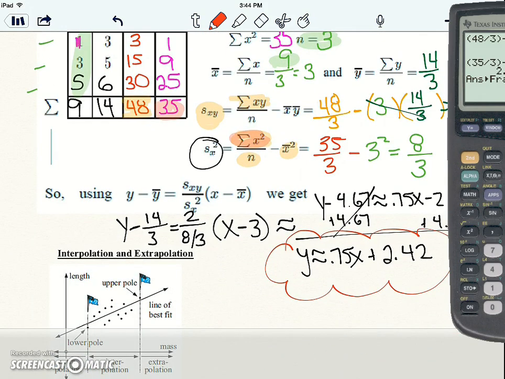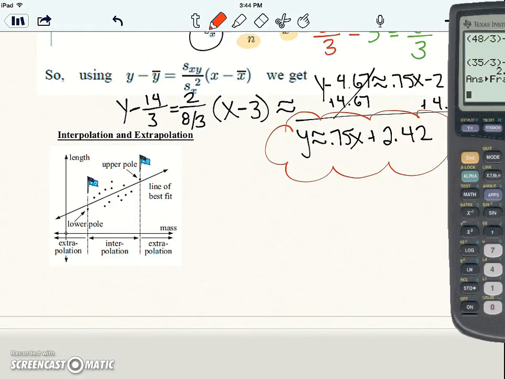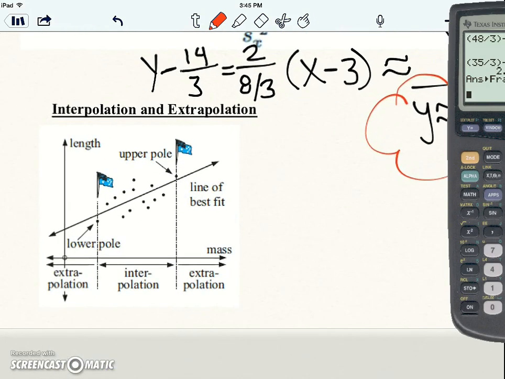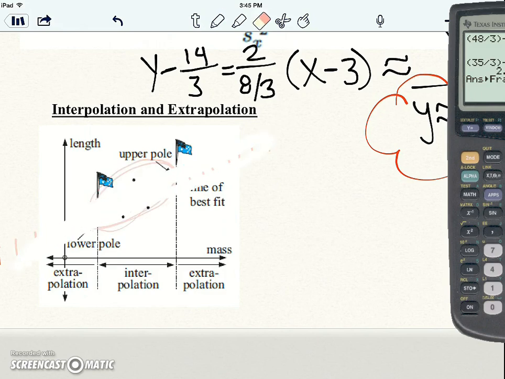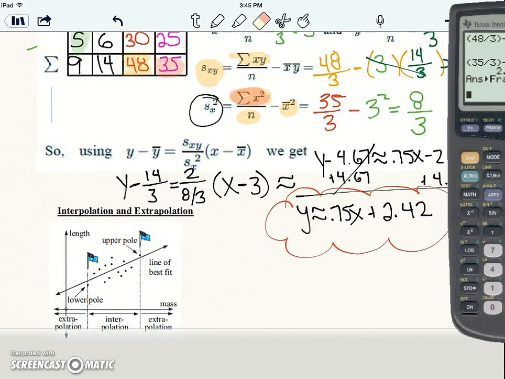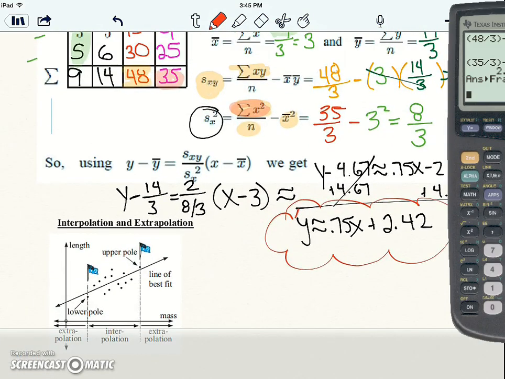The last thing you have to watch for is interpolation, and extrapolation. Basically, we're going to use these lines to help predict stuff, but if you go too far out of your data points, you might have an error, or too far below your data points, you might have an error, and we will discuss that a little bit in class as well. I just wanted to use this as a prediction. So this is a y hat equation because it's a prediction. What if I wanted to predict,